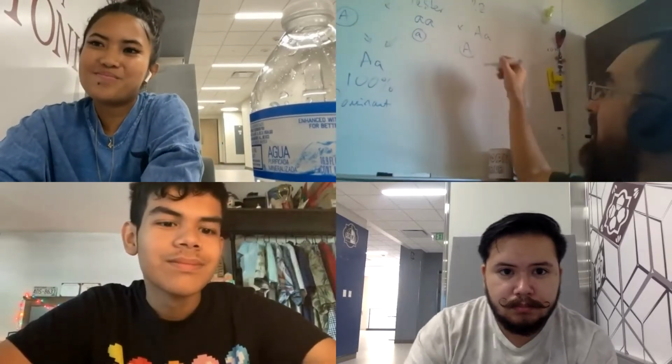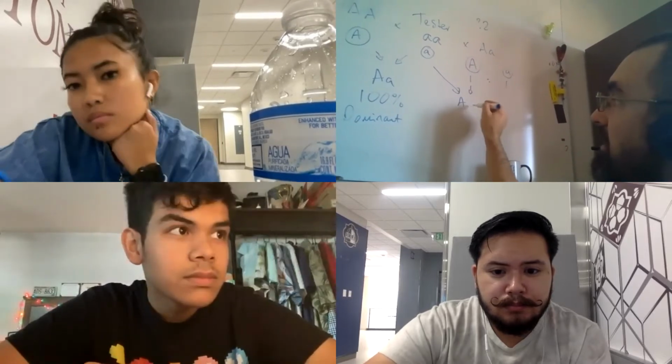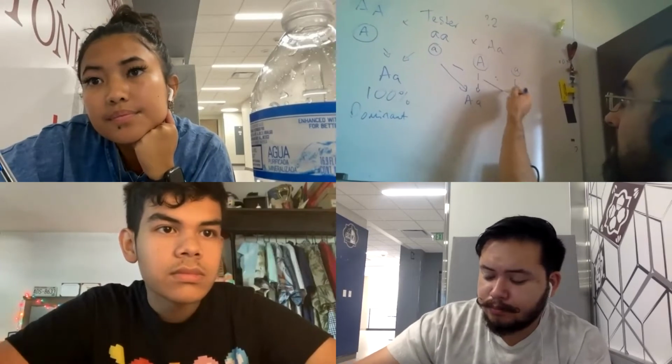Yeah, I can lip read, Jess. Good job. It's going to be a 1-to-1 ratio. So, and you can see where I'm going with this already, right? So you're either going to get, again, heterozygotes, or